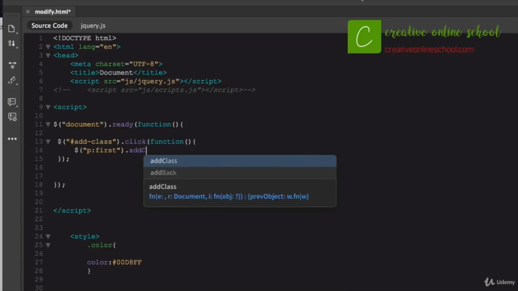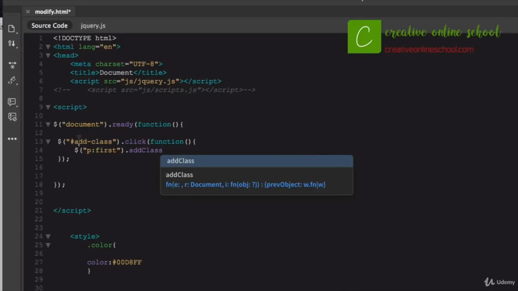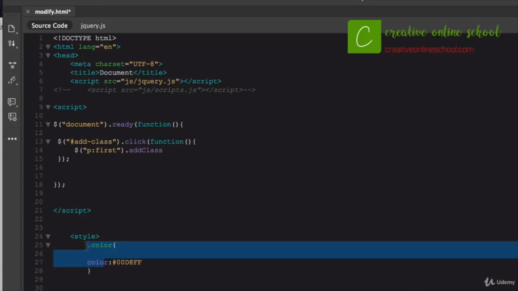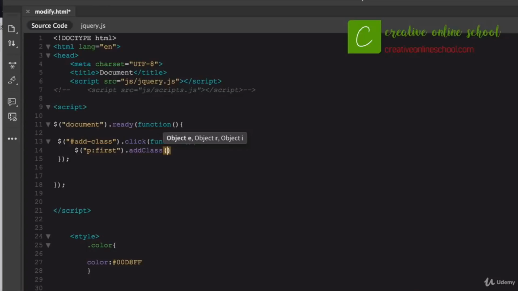and what we're going to do is add a function called add class. I know that's kind of the name that I named this right here, but that's not the same. This is an actual jQuery function where we can add a CSS class, and we can pick from all of our different classes. Now most web pages are going to have hundreds and hundreds of different classes all set up in their document, so you need to make sure that you are targeting the correct one. What we'll do is open and close parens, but this time we're just going to use single quotes, and we will say color. So we are targeting that color class, so add class right there. And I'm going to close that out,